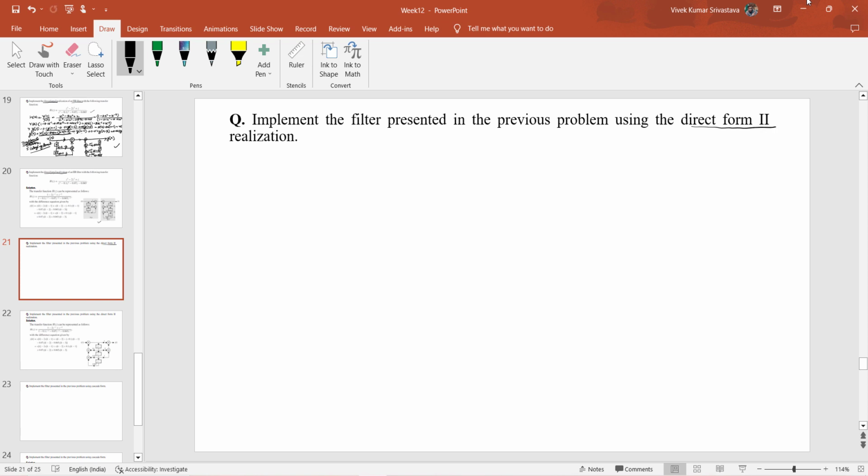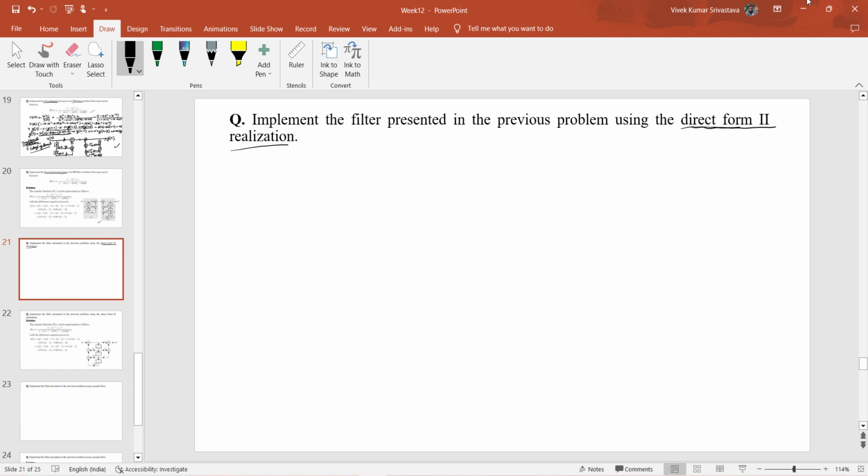form 2 realization. So here we will now use another kind of realization, which is the direct form 2 realization, and here we will also see that the number of elements required to design the filter will reduce. Okay, so this is basically the strategy here by using the direct form 2 realization. Okay, so now